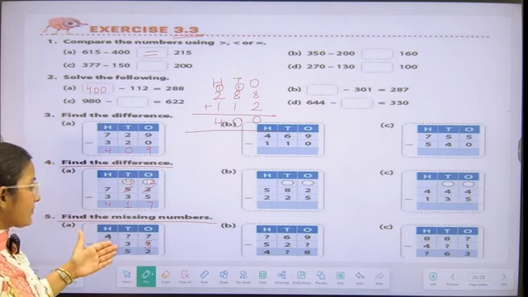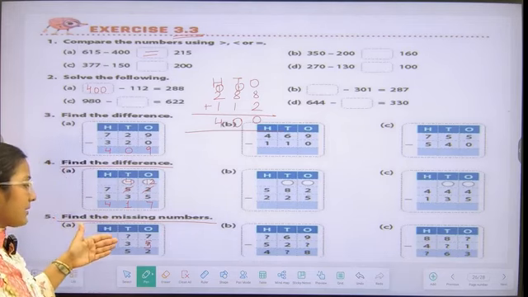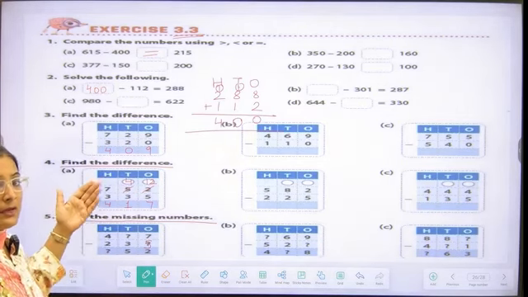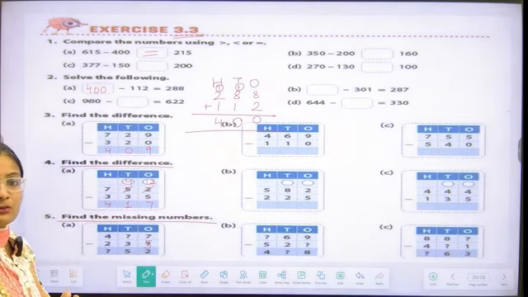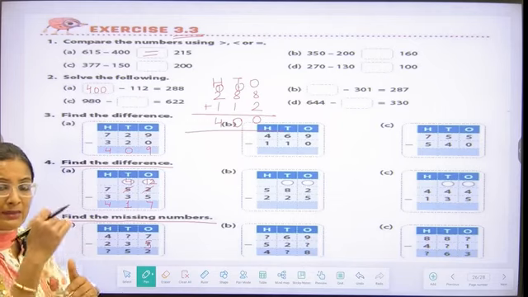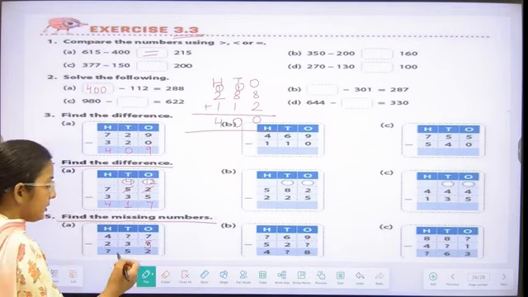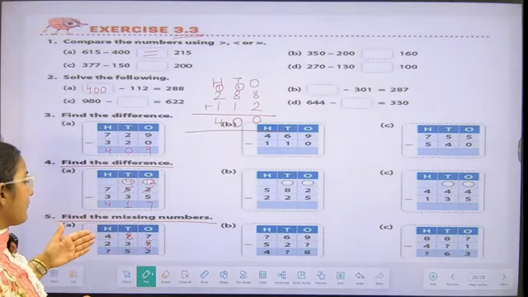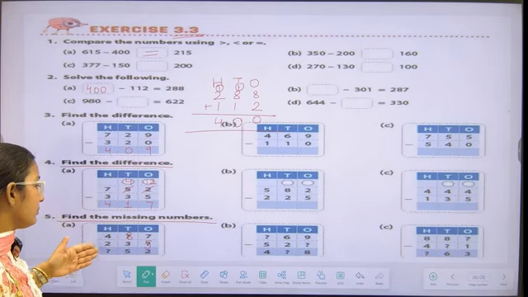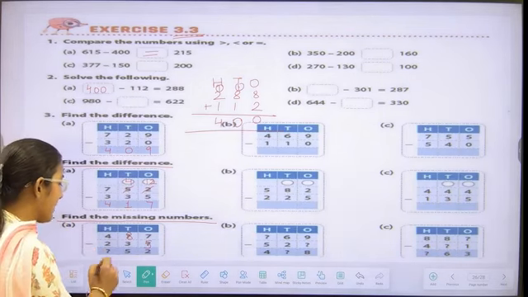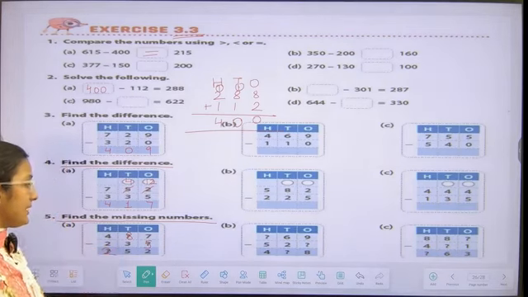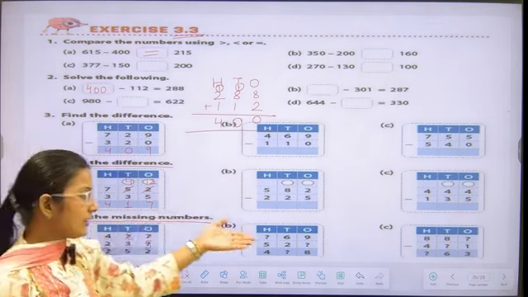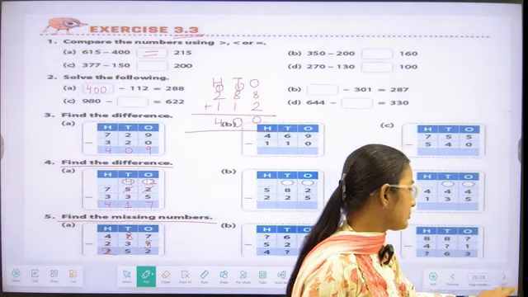Now, what we have seen in the tens place, we have the smaller number and the difference. Now we have to find the bigger number. So what are we going to do? We are going to add the smaller number and the difference. So 3 and 5 will make 8. Now at the hundreds place, we have 4 and 2. So if I am subtracting 2 from 4, I am getting 2. So with this, student, we are filling in the missing digits. Just like this, you can do the second and third one also.